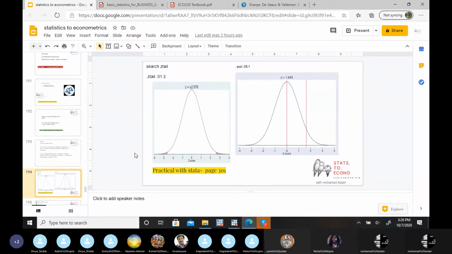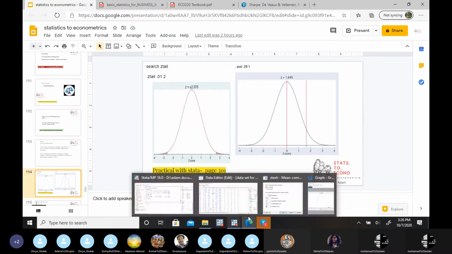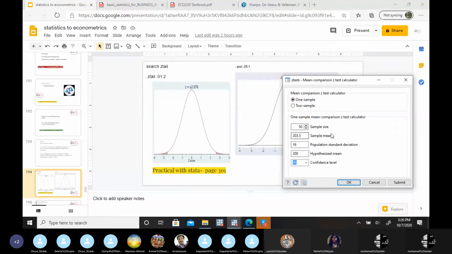And if you have a normal distribution in the population, you know the standard deviation value of the population, and your sample size is large, then you can use this z-test. What we need is the hypothesized mean, which is a population parameter, and more than that, we need the population standard deviation to calculate the z statistic value. In case you don't know the population standard deviation, then you have to go through the t-test.